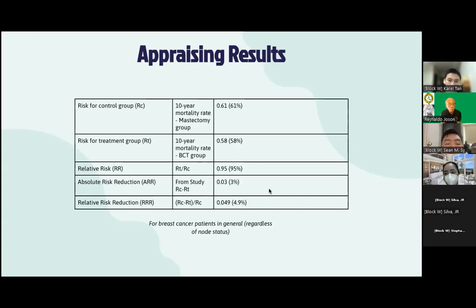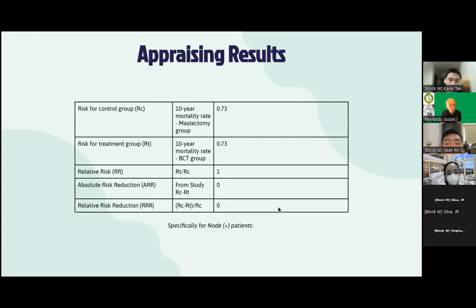And given this, the 4.9% relative risk reduction and the 3% absolute risk reduction suggest, together with the results presented by the study, that breast conservation therapy is in general non-inferior to mastectomy alone. Next slide, please. We also decided to look into the node positive group, given that our patient was node positive,